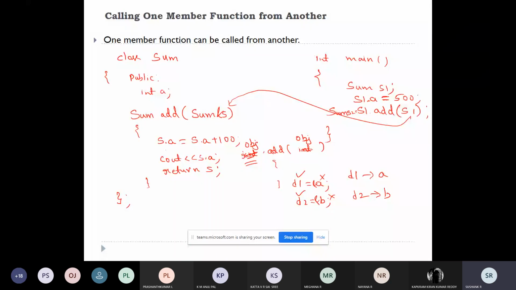So this completes the C++ concepts related to object-oriented programming. From next class onwards, we'll talk about Java. One thing is that the concepts will get repeated. Here also we started with data types, variables, types of variables.